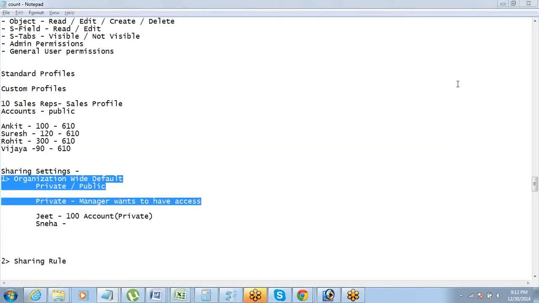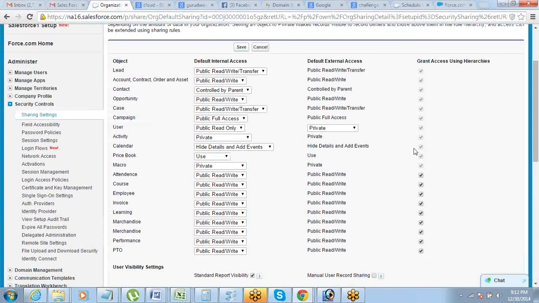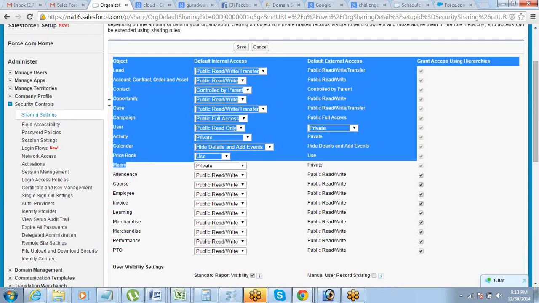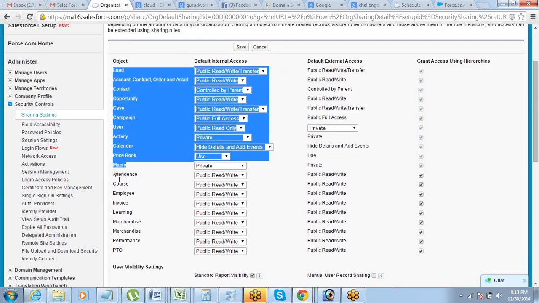But while we are talking about this, do you see one interesting thing here, that these are all grayed out, which means you do not have an option of changing this? Do you see this? All these objects are grayed out. Only these are the ones which you can edit. All these are checked by default, and you do not have an option of unchecking it. What is the difference between these objects and these objects? Standard objects and customized objects. So these are all standard objects, and these are all custom objects.